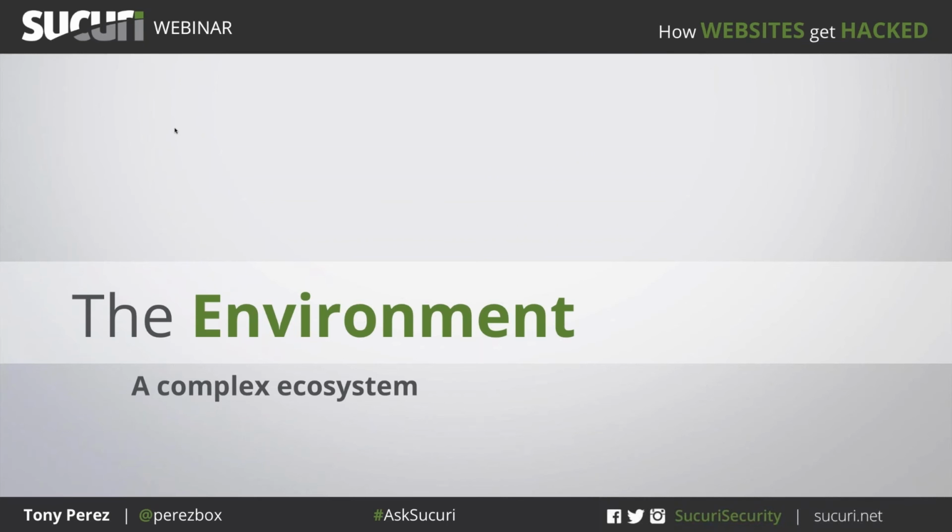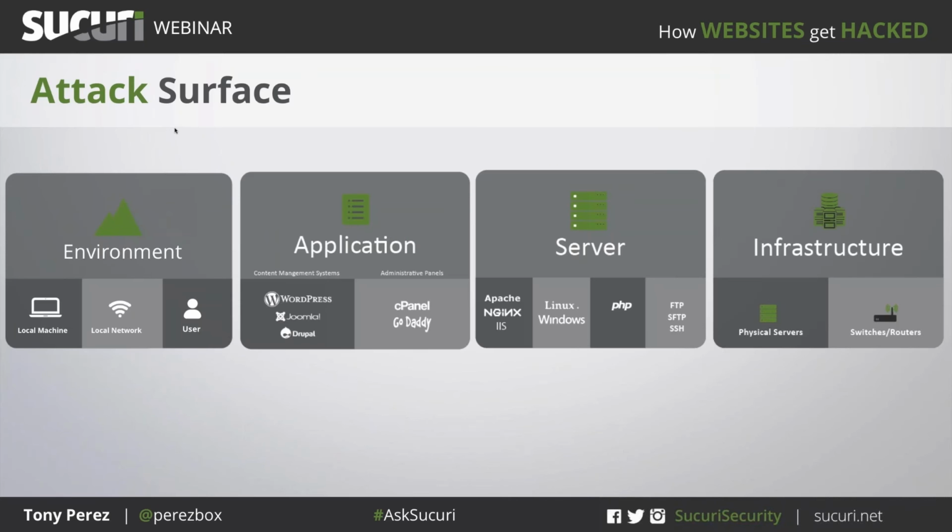We have multiple domains, and I've broken it down into 4 distinct ones when talking specifically to website owners, right? A lot of people don't pay a lot of attention to the environmental considerations or environmental domain, right? What's going on in your local machine? Do you have desktops? There are Trojans out there designed to scrape information from your local environment, things like credentials to your financial solutions, to your social media outlets, to your websites. They're designed to look for those things.